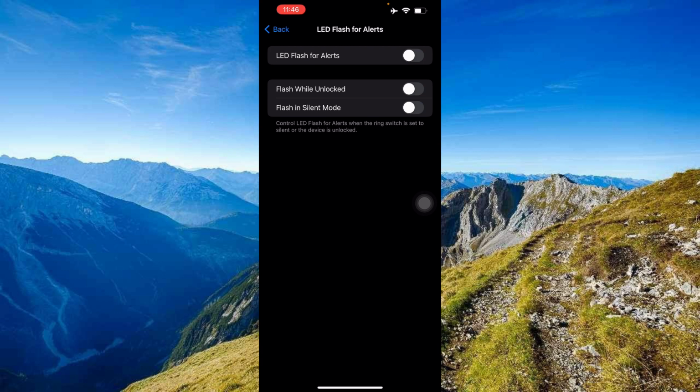So over here you can turn on and off LED flash for alerts, or even flash while unlocked, or even flash when it's in silent mode. So there you go. Basically, you can also prevent LED flashes when your iPhone is in silent mode by turning off flash on silent. So it depends on you if you want to turn this on or not, because sometimes there